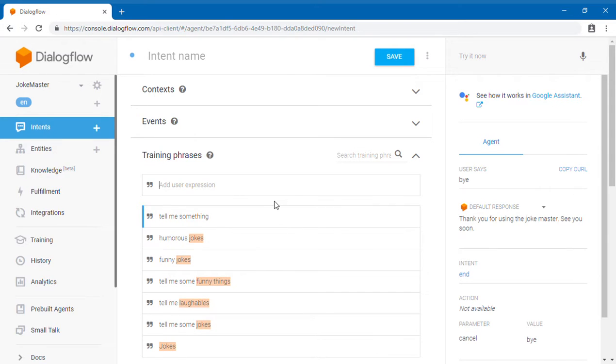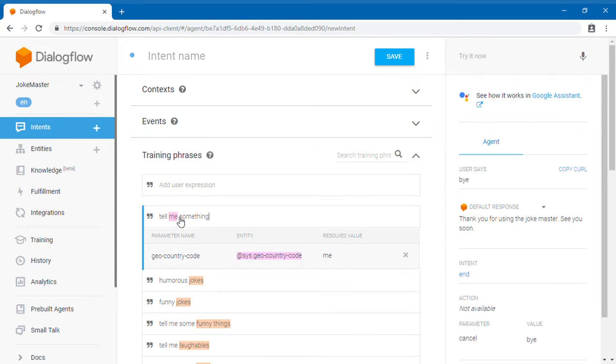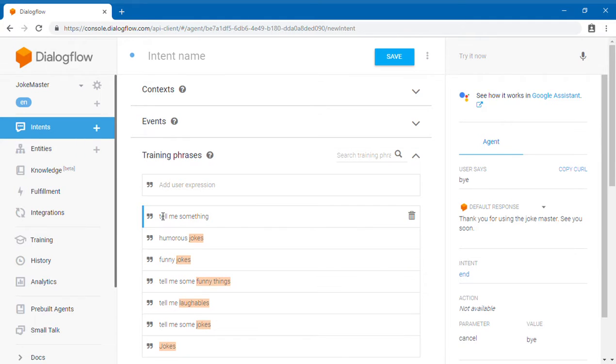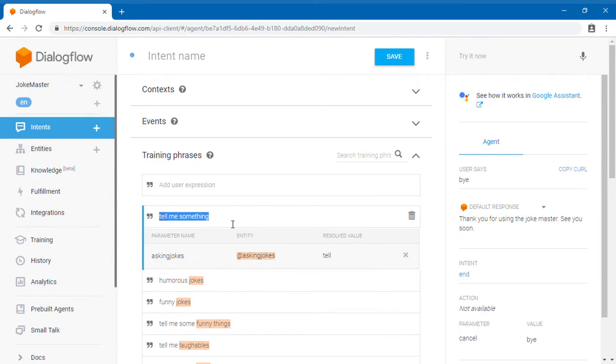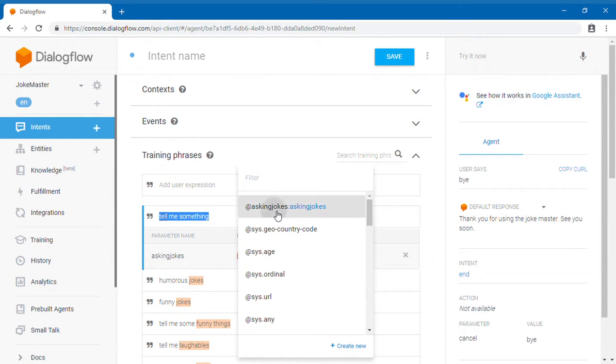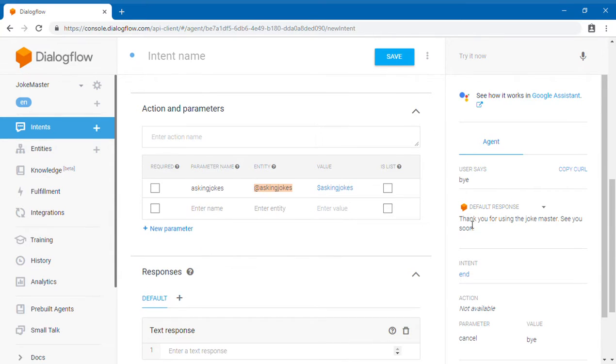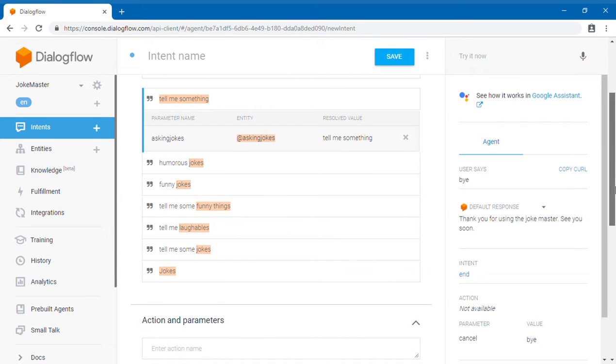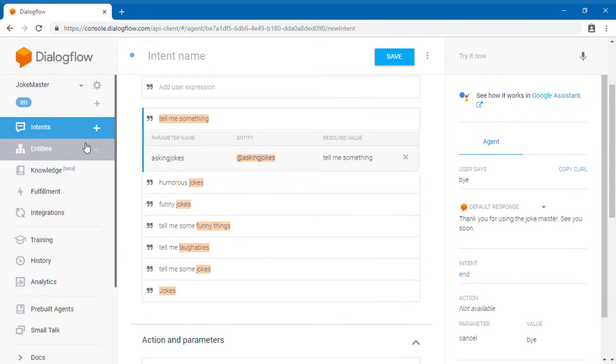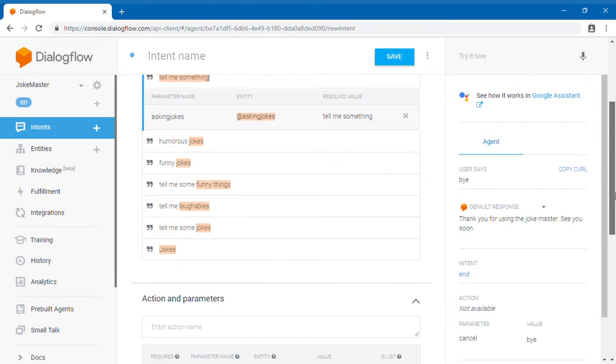Here there's nothing assigned to it because we didn't add anything related to this particular training phrase as an entity. So what I'm going to do is select all these things. Okay, sorry for that. I'm going to select all these things, and then I'm assigning it to asking jokes. Okay, and similarly we can do that for all others also, but since that has got other entities in it, we need not do that. So we have added basic training phrases over that. You can add as many as you want.